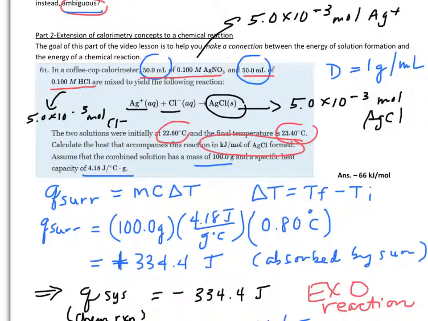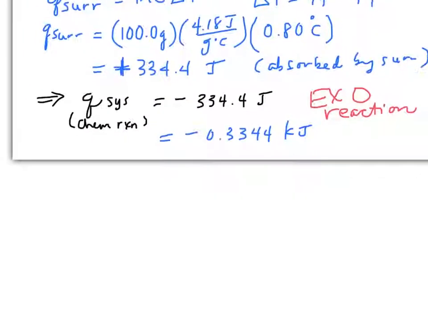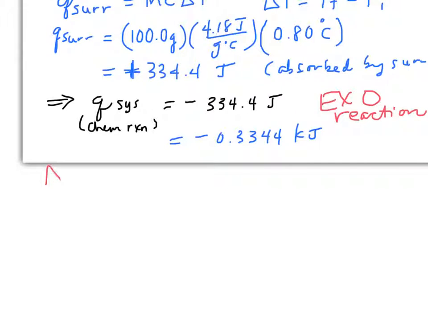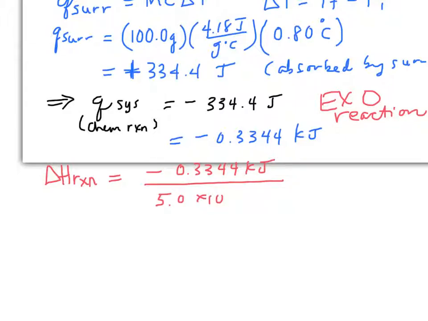And that's really the number we're after for our denominator in our final answer right there, because that's what the problem specified. Okay, let's go back down and look at those numbers and plug it in. What we're really solving here is the heat of reaction, our enthalpy of reaction. And that's going to be negative 0.3344 kilojoules of heat released in this reaction for every 5 times 10 to the negative third moles of precipitate, silver chloride, produced. All right, and then we're going to divide it out, and we get about negative 67 kilojoules for every mole of silver chloride,